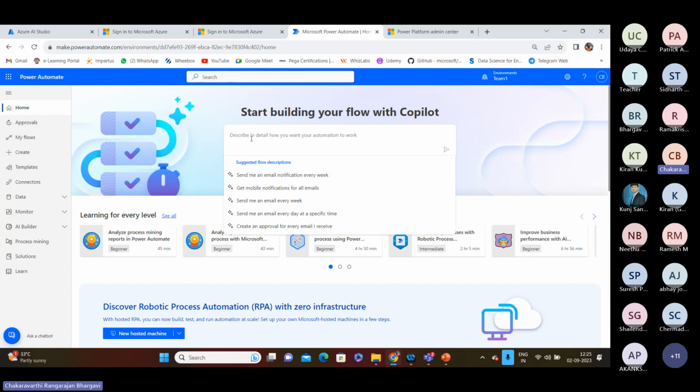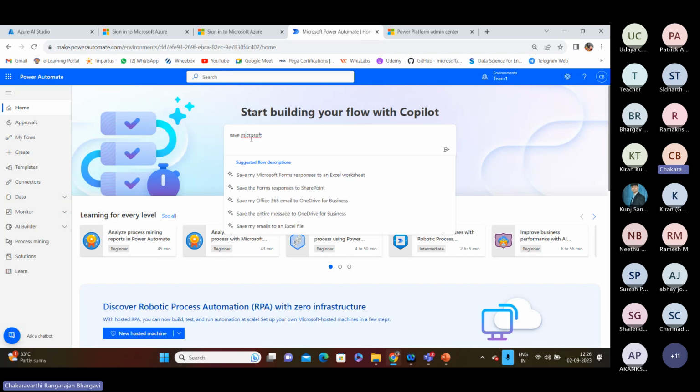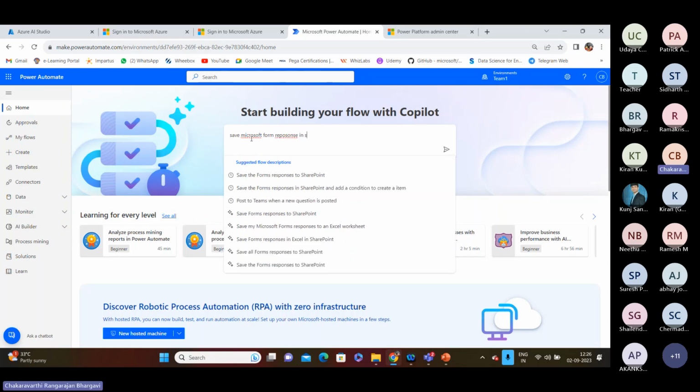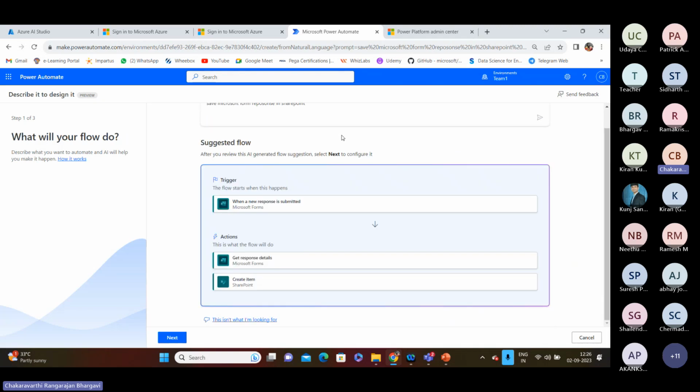Consider in case you want to, I am just giving a sentence saying save Microsoft Forms response in SharePoint. So when we give that and just press enter, then the flow will get automatically generated for us. We can use that, or